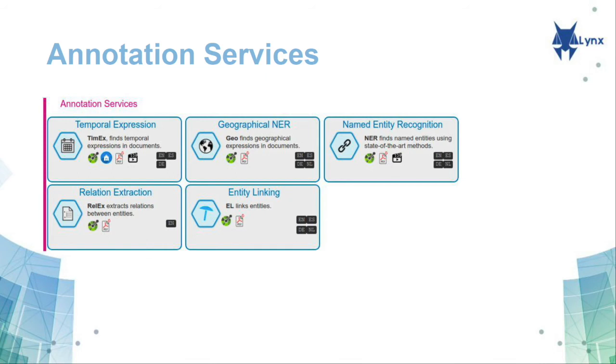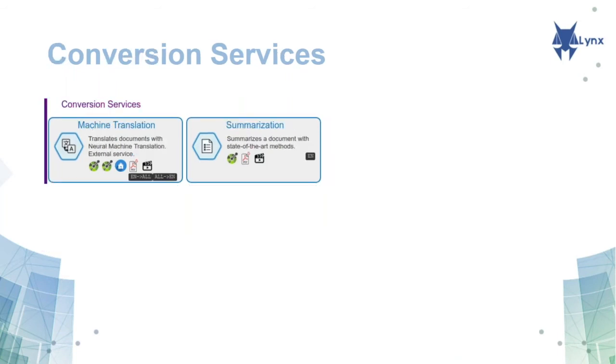The other services also produce annotations like named entity recognition, or external links, or for example, annotations of found relations in the text. Good. The next group of services, next slide, are conversion services. Those are represented by machine translation that would translate the whole document and is available in many language pairs, and a summarization service that would summarize the whole document. That's why those are called conversion services.